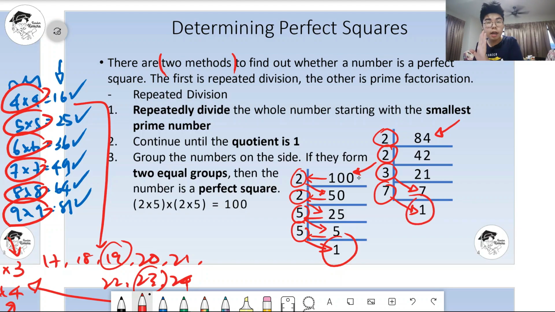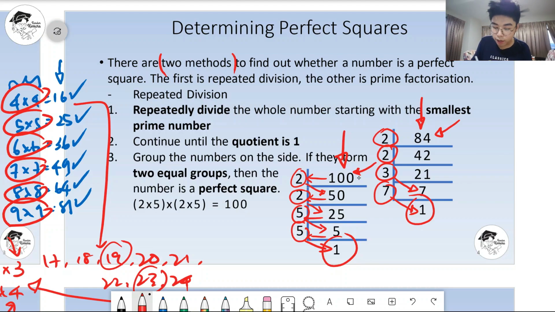You don't have to worry about whether you need to reach 1 or not, don't be confused, because for a perfect square, you will always only put one number in here. Rarely will they ask you to determine many numbers. Even if they do, you must do it separately, using repeated division, or pembahagian yang berulang-ulang, separately. If they ask you to find 100, you do 100. If they ask you to find 84, you do 84. Separately, until the quotient is 1, that is correct.